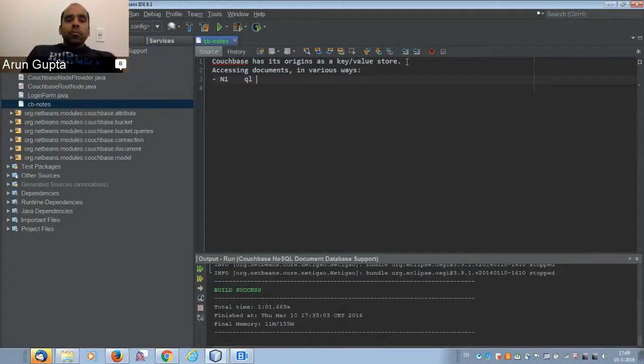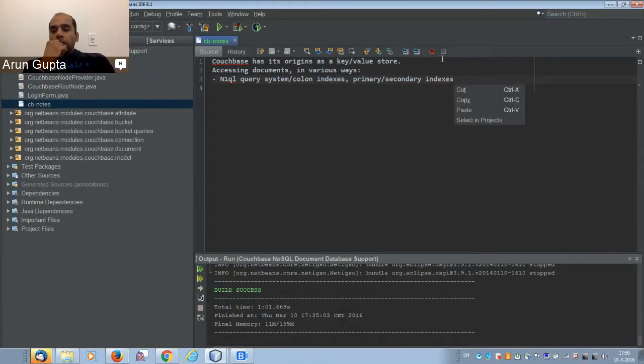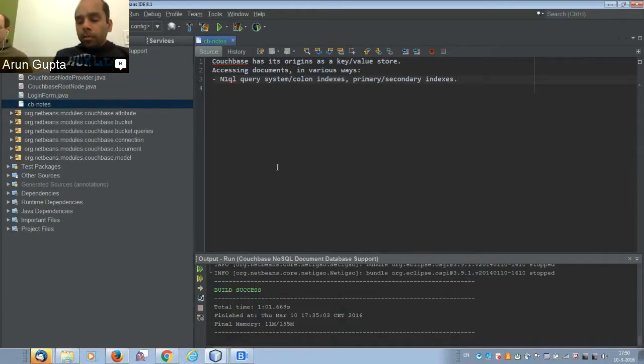So if you say select star from system:indexes, it will give you a list of all the indexes, which will include what type they are, whether they're a primary index or a secondary index or a view, and it will tell you if the index is new and being constructed or if it's online and available for use. So that is the way you can find out all the indexes that are available that will allow you to look up documents by the fields in the indexes.